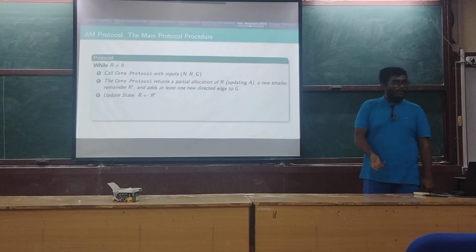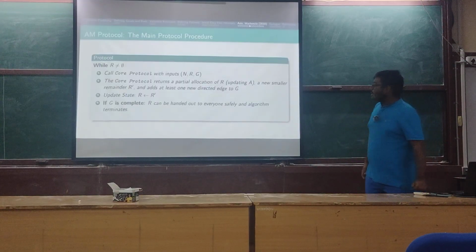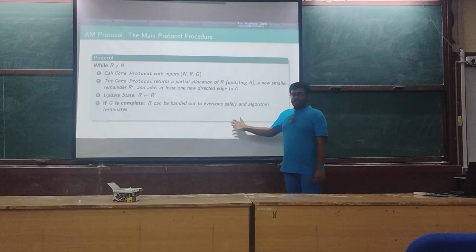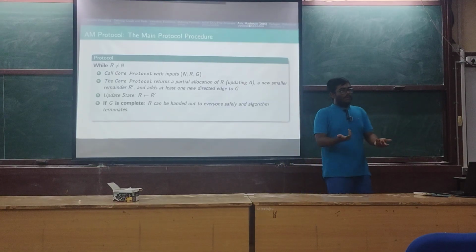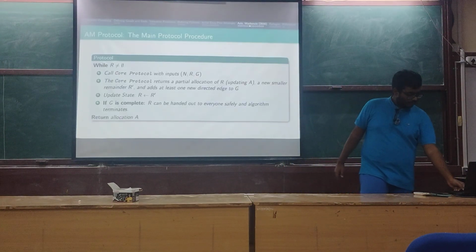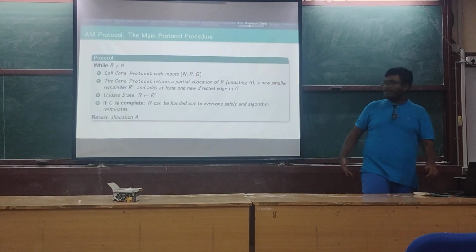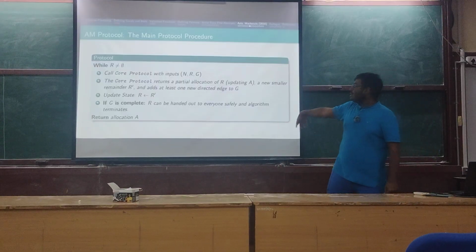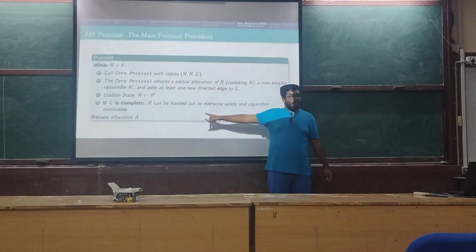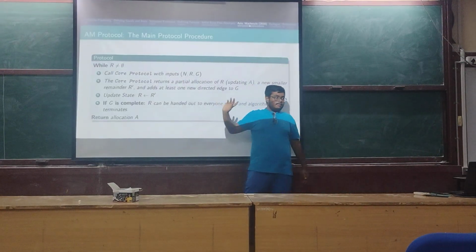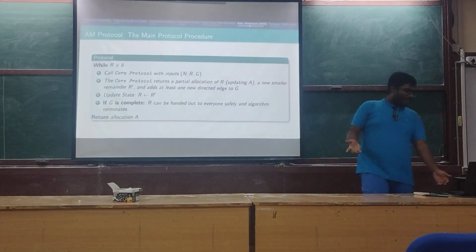We'll update the remainder to the new remainder, and then we'll say that if G is complete, then just divide the remainder anyways, just give it to anybody, nobody cares. And then we return the allocation after the loop is finished. So the loop ends if G is complete or if the remainder is empty. Okay, so that is all of the cake has been